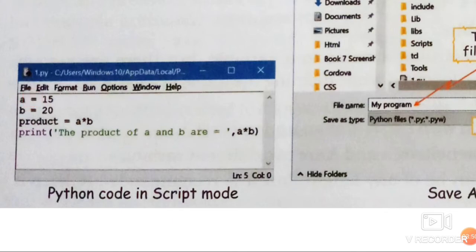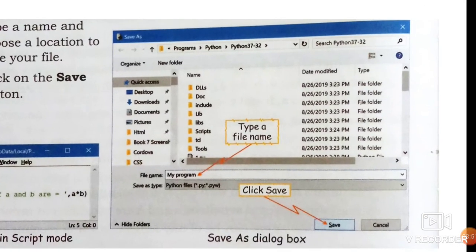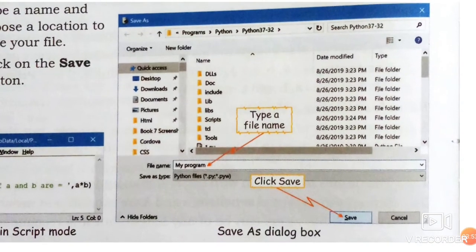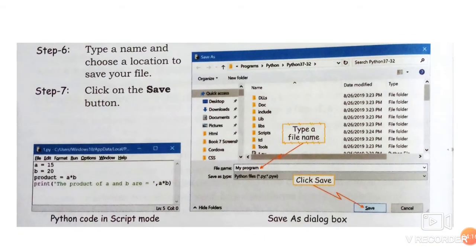From those menus you have to click on save. It will open the window to allow you to choose the program name. Here you will provide the name of the program, like here the program name is written my program. After writing the program name, just click on save, and your file will be saved. In this way you can work in the script mode.